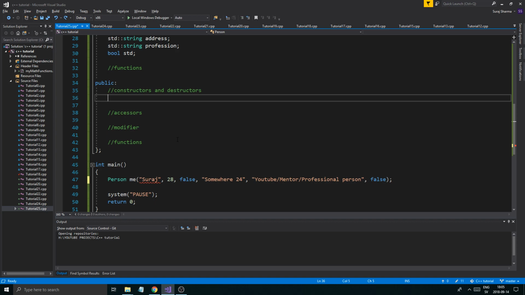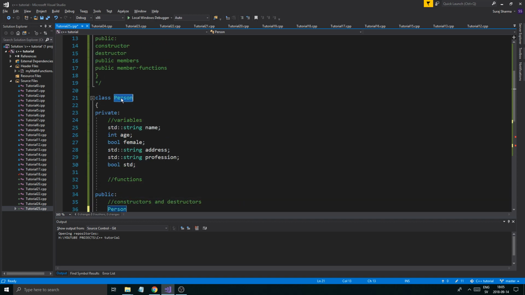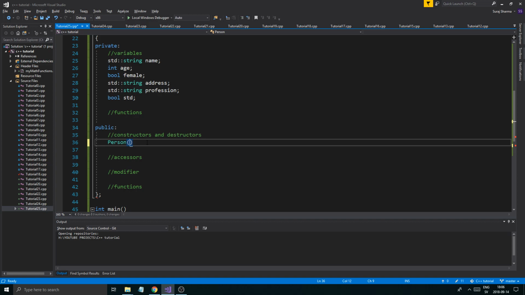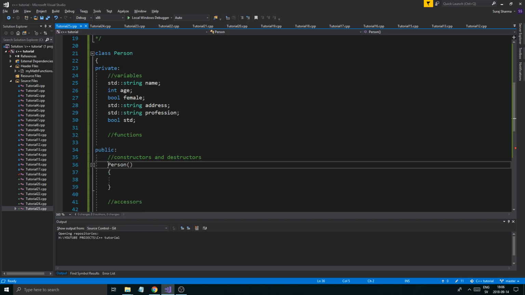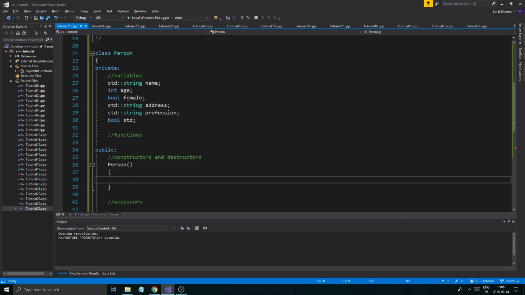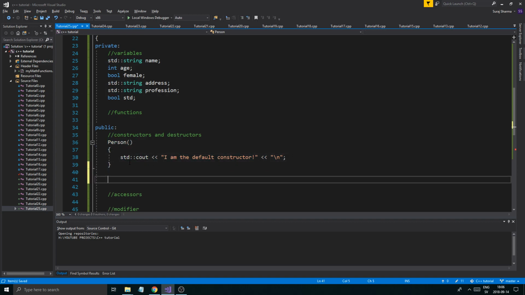So let's start off with the constructor. Let's create a default constructor. So this is the default constructor, and the way you create them is you give it the class name, exactly the same name as this. So person like this. Give it 2 empty parentheses like this, and a body. So it looks like any other function, doesn't it? Almost, except it doesn't have a return. It doesn't have anything like that. So it's just a person constructor. Now let me just go ahead and do a std cout, "I am the default constructor," and a new line. And then we're just gonna copy paste this, and we're gonna create it down here,